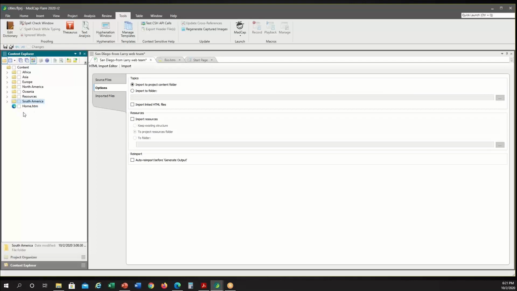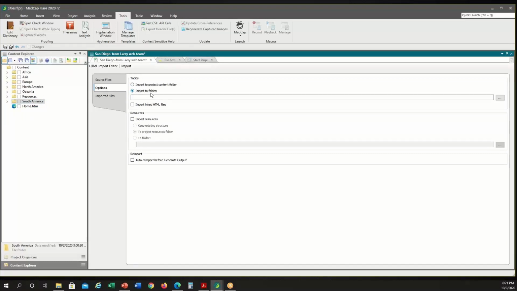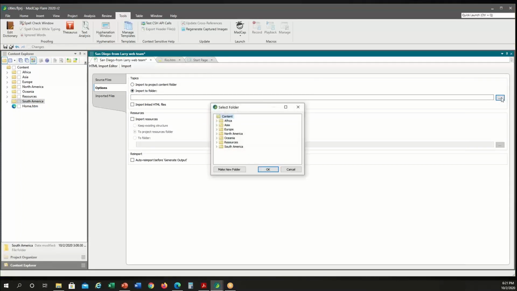Ooh, that's not what we want. San Diego is in North America, so we want it to go into the North America folder. So we're going to choose this second radio button, import to folder, and then over on the right, there's that little browse button. If I click browse, that will bring up our folder tree, and I can select North America